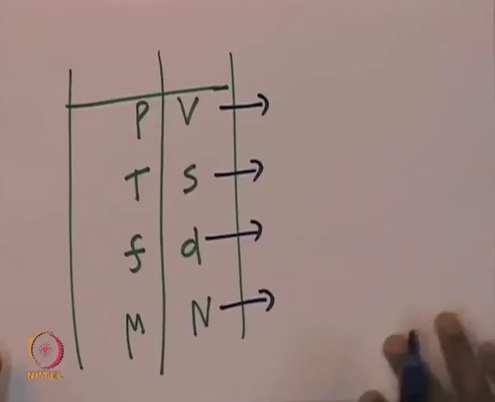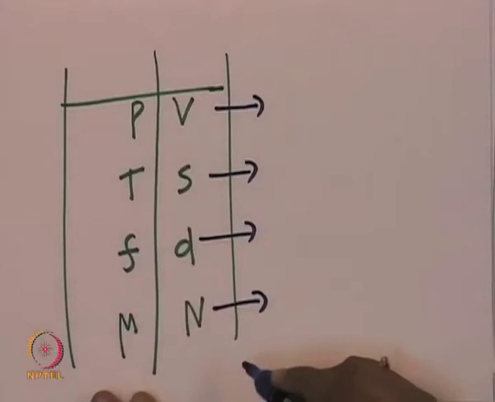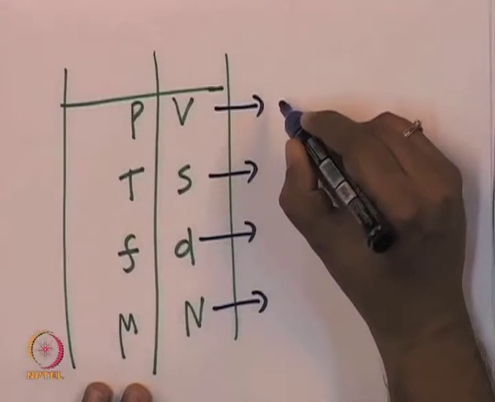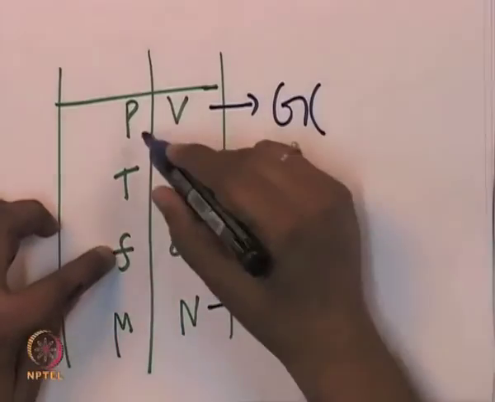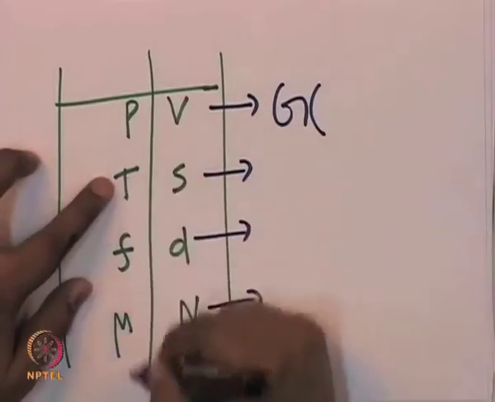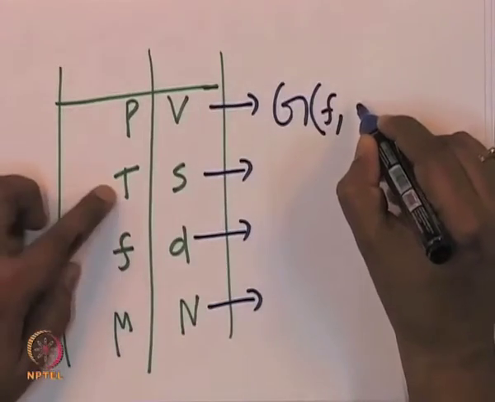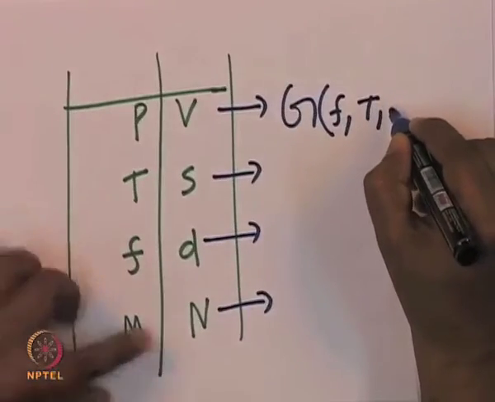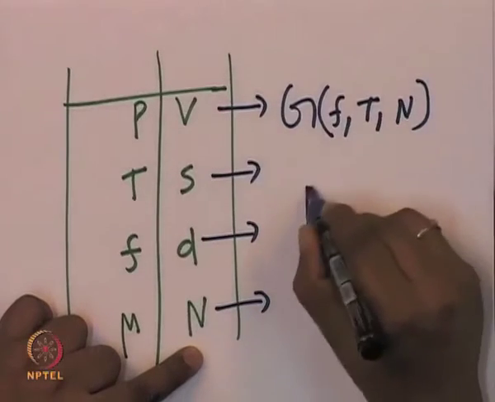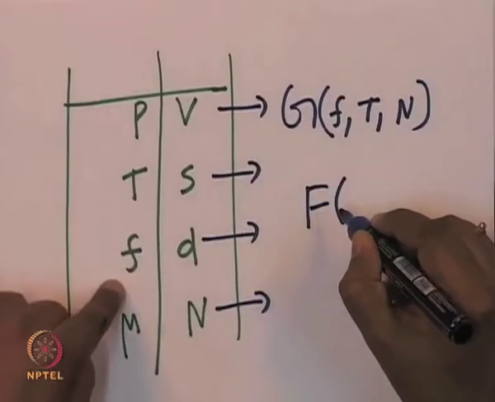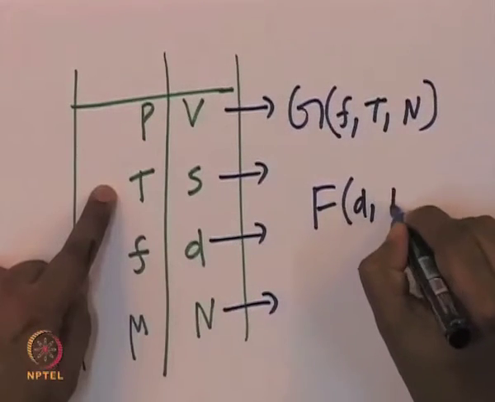Now, you can do any experiment by fixing any one quantity from each of these pairs. When you say some free energy G, we can fix, basically pressure and force are same. So, there are only 3 pairs essentially. We can either fix F, T and N. This will give you some free energy. You can compute some other free energy, which is basically fix, instead of F, D, the distance or length. You can fix T and you can fix N.